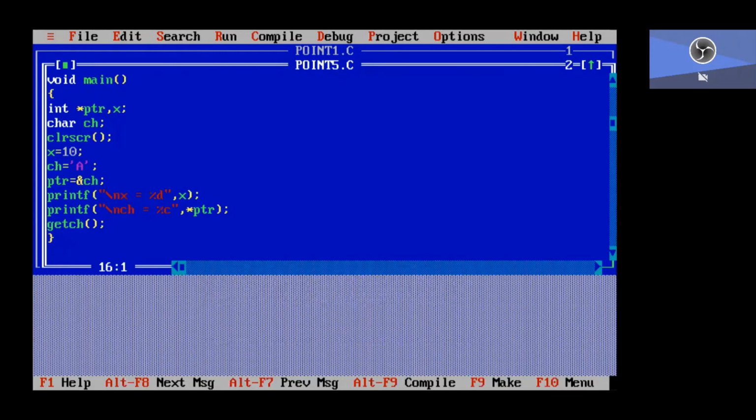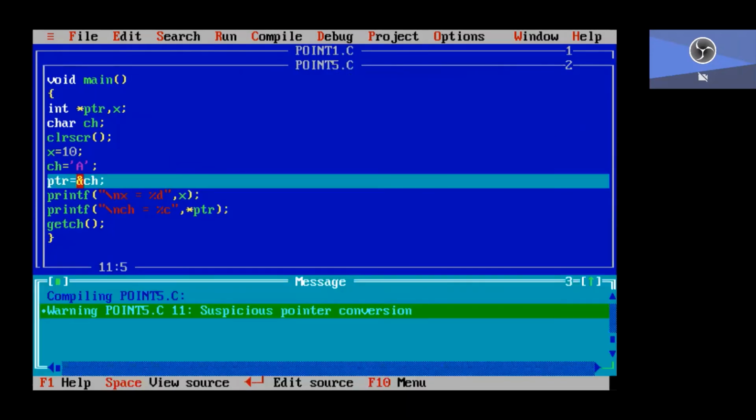So we are going to get an error message, suspicious pointer conversion. Here ptr is an integer pointer and ch is a character data type. That's why we get an error message.